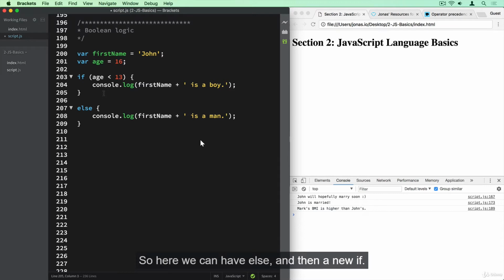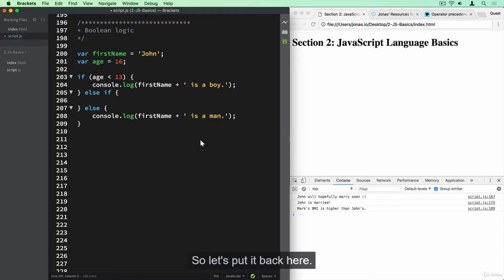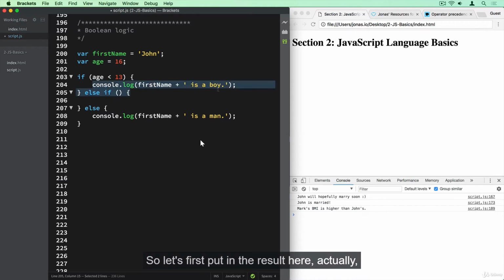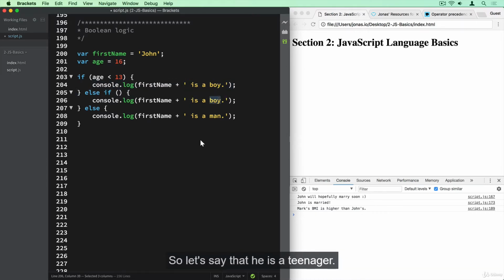So here we can have else and then a new if. Let's put it back here. And here we can put some more text. And actually we need to add a new condition here. So what do we want to have here? Let's first put in the result, so that we know what we're talking about. Let's say that he is a teenager. Teenager basically means that he's between 13 and 20, right? So let's write that down here as a comment. Between 13